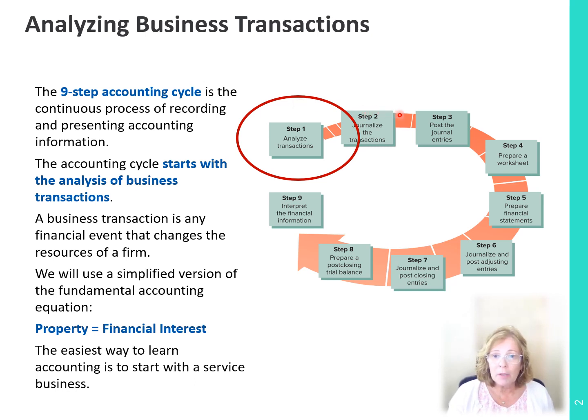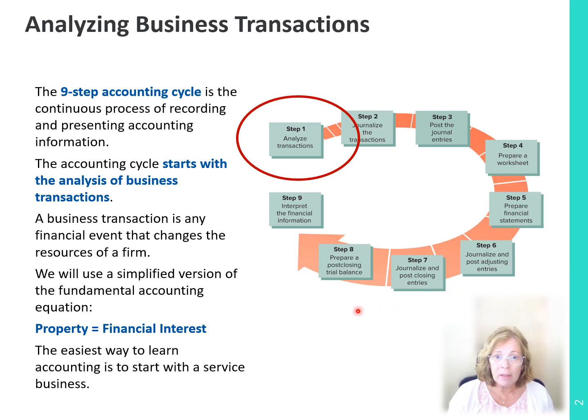In step 2 of the accounting cycle, we'll write down the transaction in the general journal, and in step 3, post it to the general ledger. Step 4 consists of preparing a worksheet, which is a tool accountants use to ensure that all transactions are correct and balanced, followed in step 5 by the preparation of financial statements. In step 6, accountants journalize and post all adjustments that were entered into the worksheet. And in step 7, we would close the temporary accounts and get them ready for the next period.